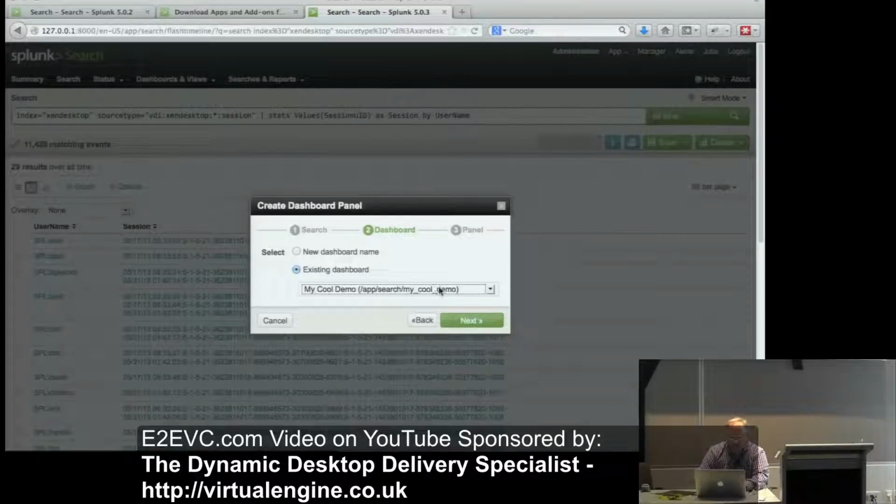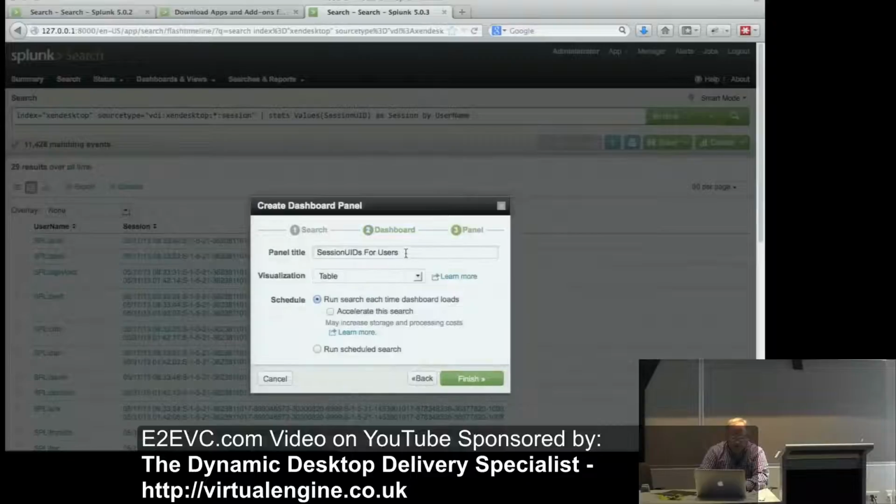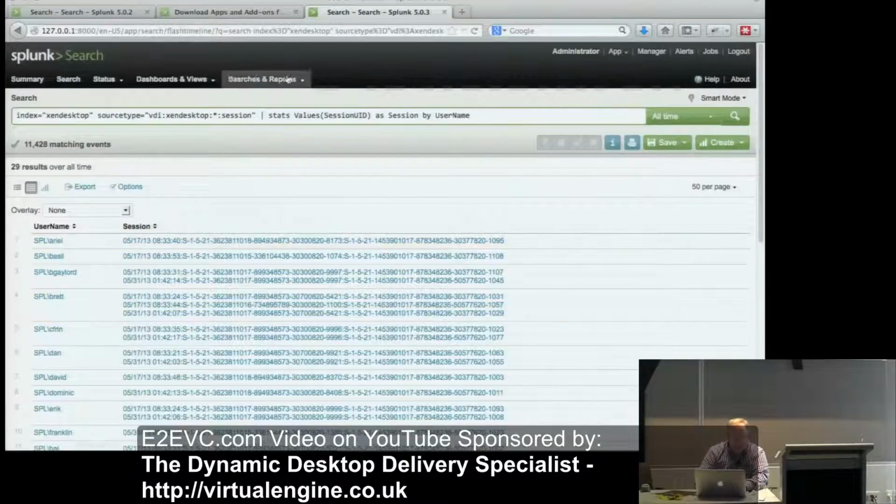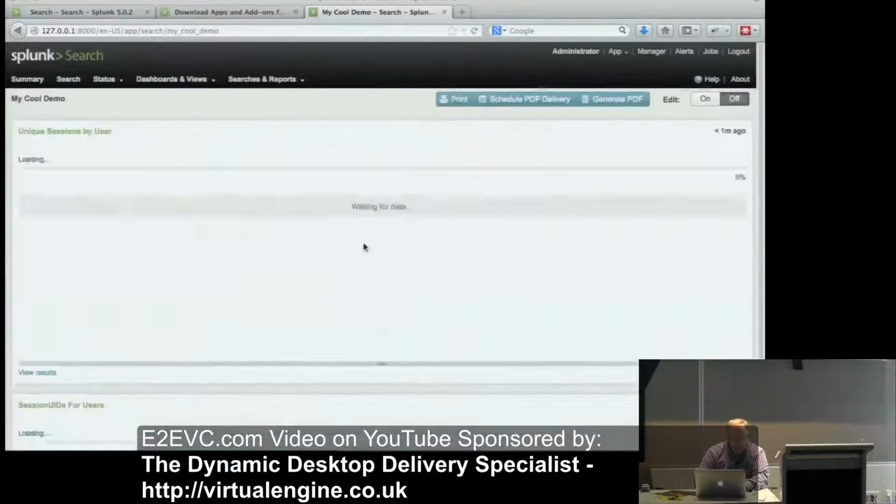And then if I wanted to add something else, I'm trying to think, index equals Zen desktop. Source.